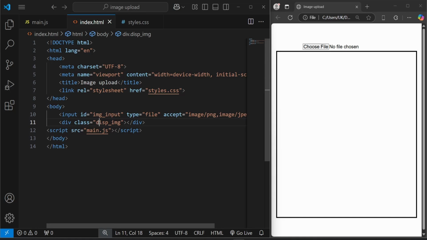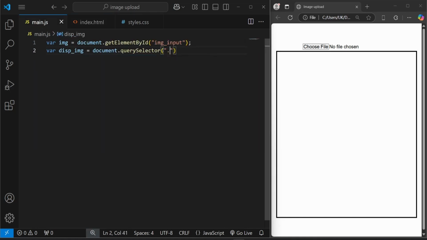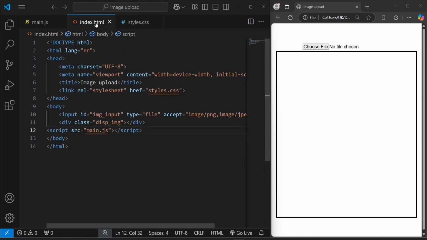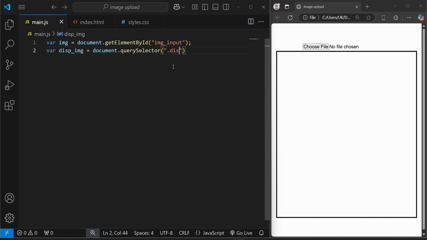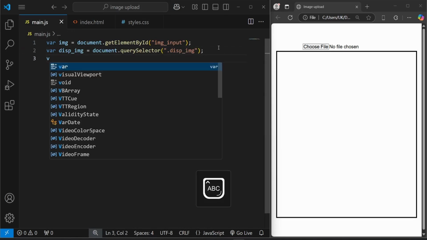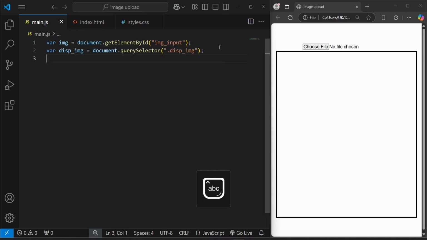You should select this disp image. I'm specifying the dot because it is a class, and specifying the name of the class. The name of the class is disp image, and creating a new variable for upload image. We created three variables: image, which handles the image input, and display image, which handles the division